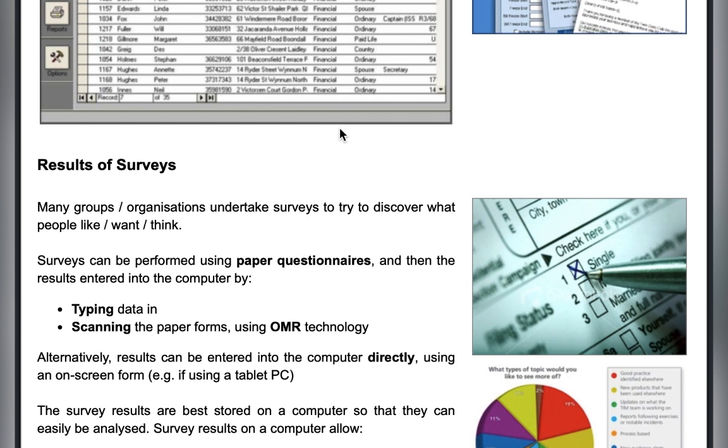Now let's move to results of survey. ICT is also used for plotting or organizing the results from a survey. A survey could be giving questionnaires to people. You want to find out about something, and then you give a questionnaire to people to fill in for you, and then the result you get from it, you can process by typing it into a computer, plotting a bar chart or line graphs, and analyzing the results of what you get from it. Is that okay?